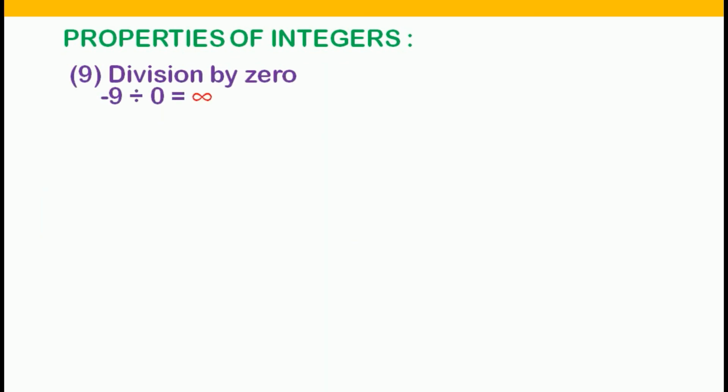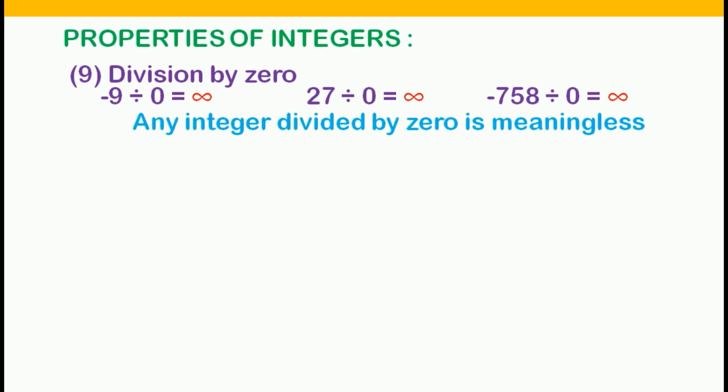The next property is division by 0. Minus 9 divided by 0 gives no result. We cannot define the division here. 27 divided by 0 also gives no result. Minus 758 divided by 0 gives no result. Any integer divided by 0 is